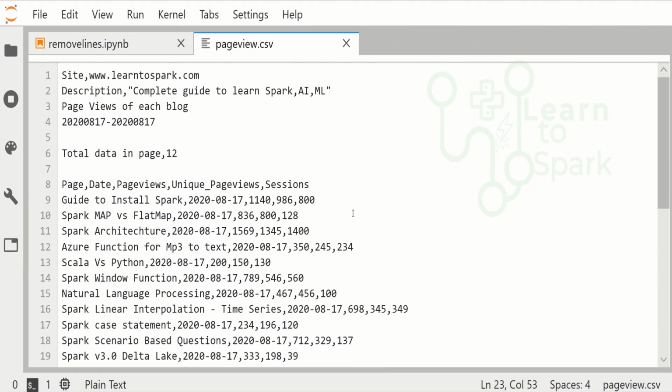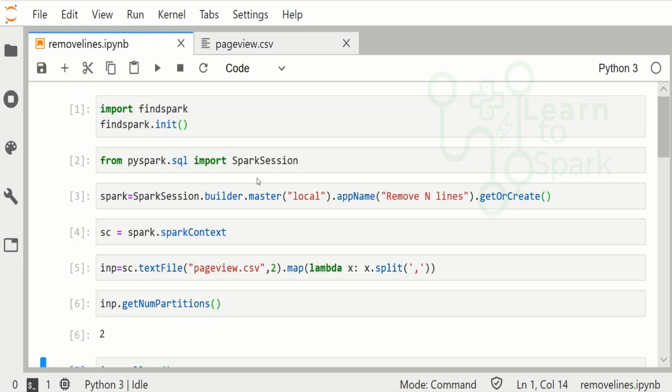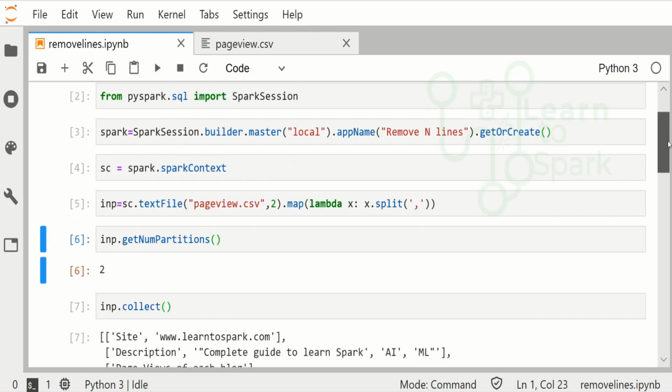I have already developed the code for this scenario. Let me walk you through the notebook. Here you can see the first two lines are the initiation of the Spark session, and I have also initiated a Spark context, since here we are going to read the CSV file as an RDD. Here we can find I have applied a map transformation in which I have applied a split operation with comma separation, and we can also notice I have given the partition as 2. Here from rdd.getNumPartitions, it gives us a 2, and I will show you the data as well.